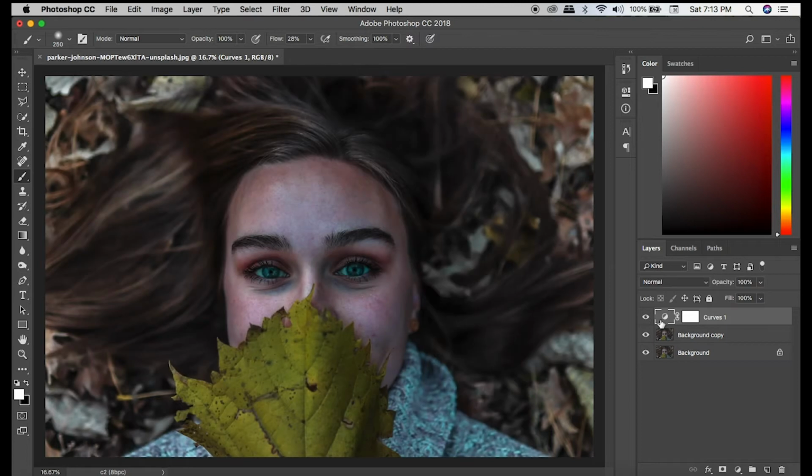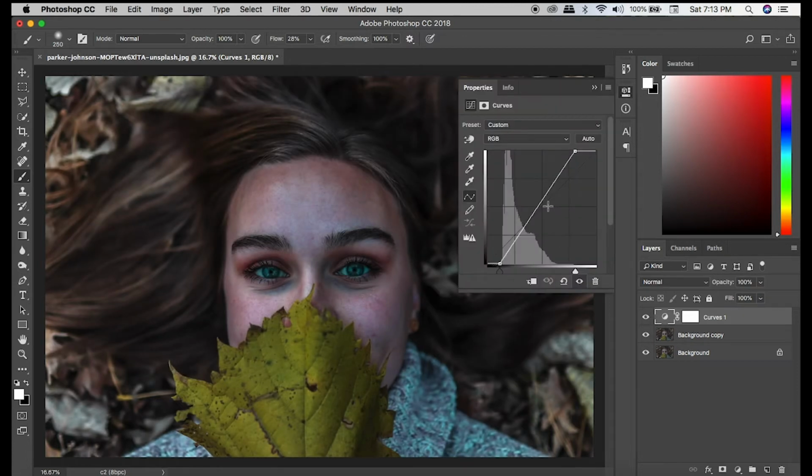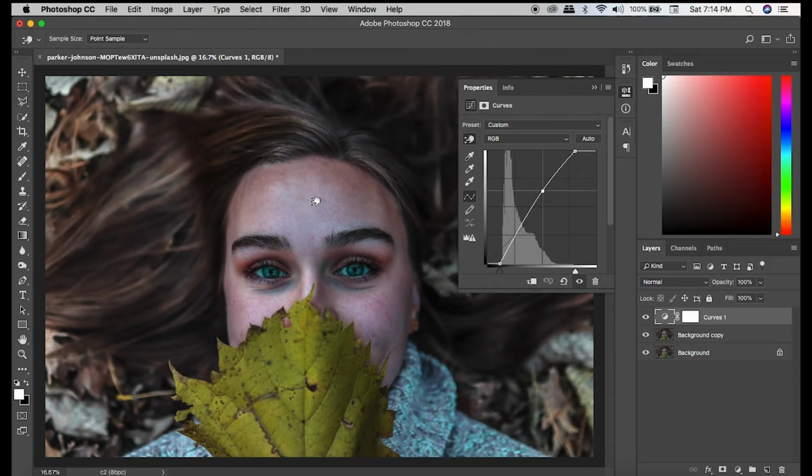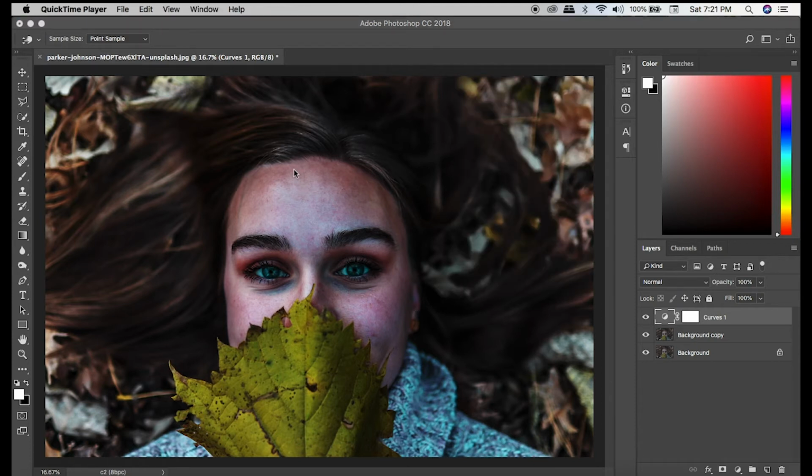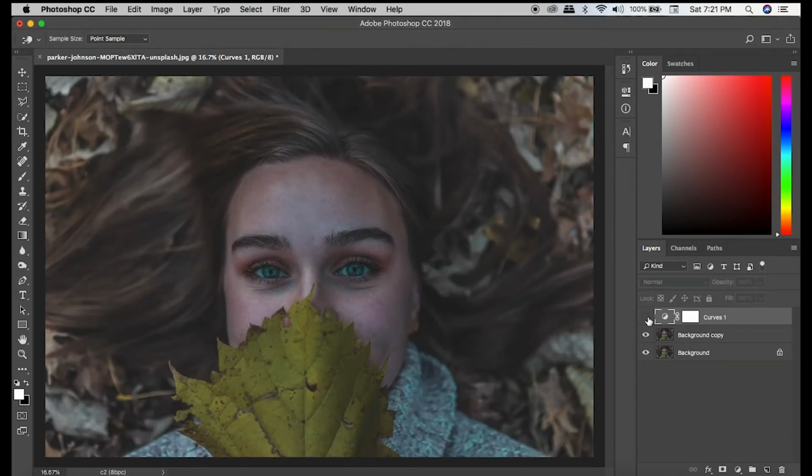Let's enable this layer, double click on this icon, and you will get back the curves which you had created earlier. Now click on the hand tool and select the image and drag upwards if you want more highlights in that area and drag downwards if you want more darkness in that area. Like this. As you can see, it has created a lot more contrast which we were looking for. Now close this panel. You can see the curves adjustment layer has created a lot more contrast. Not only that, it has boosted the colors.